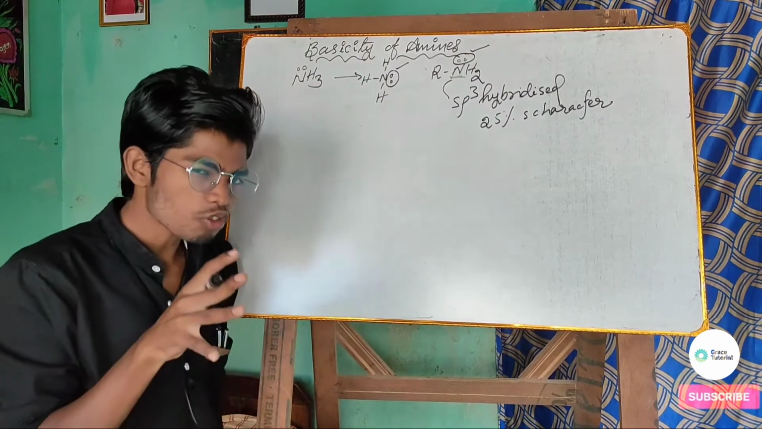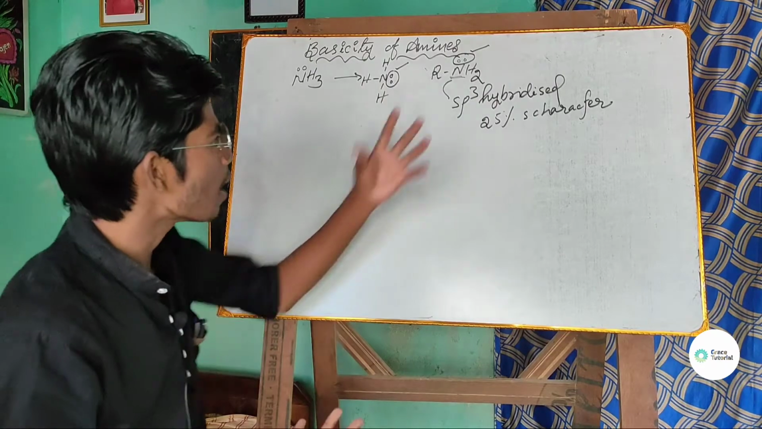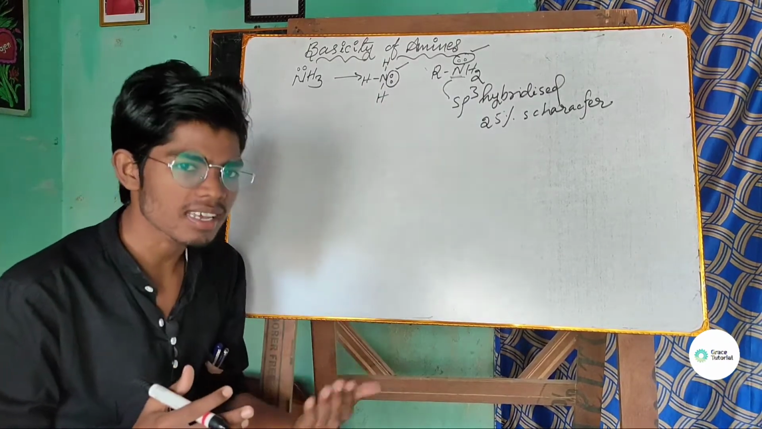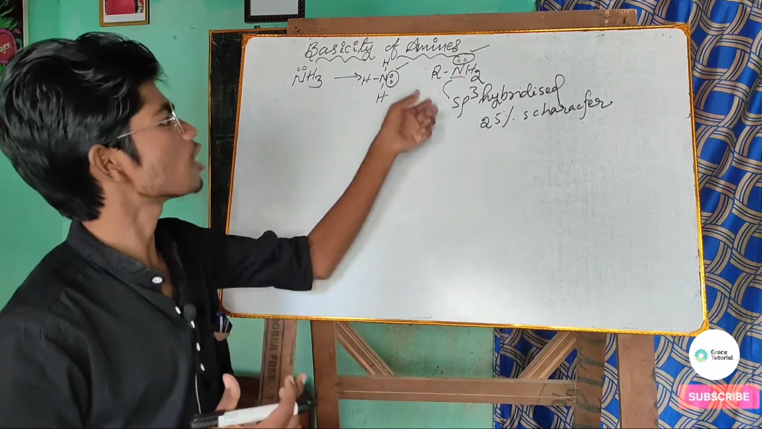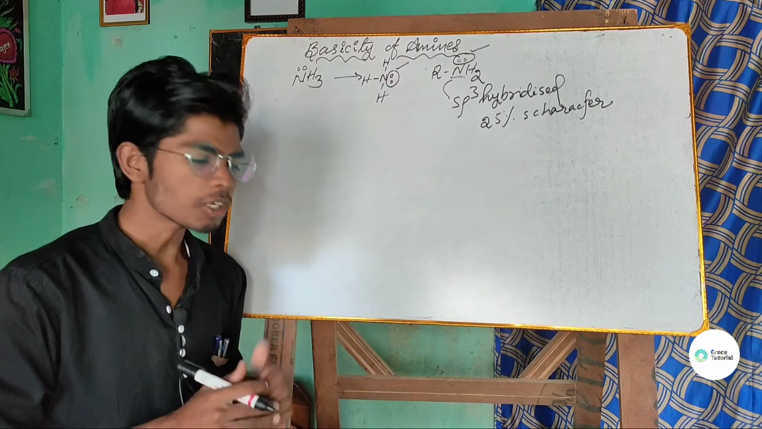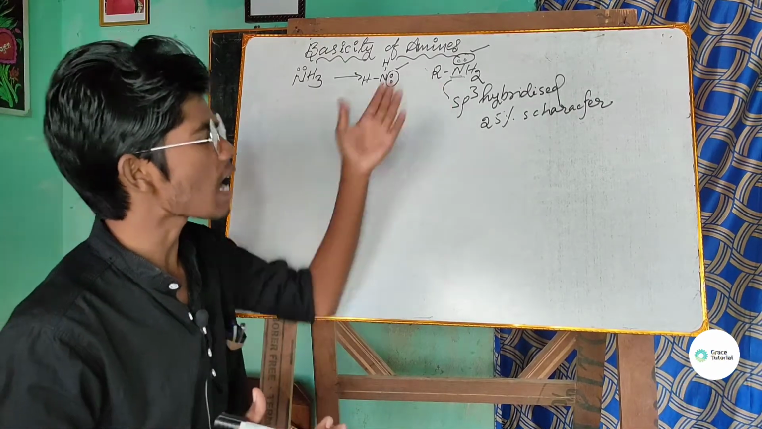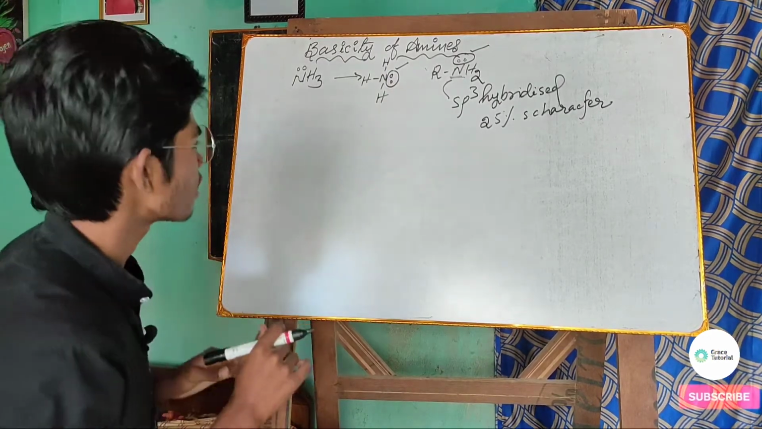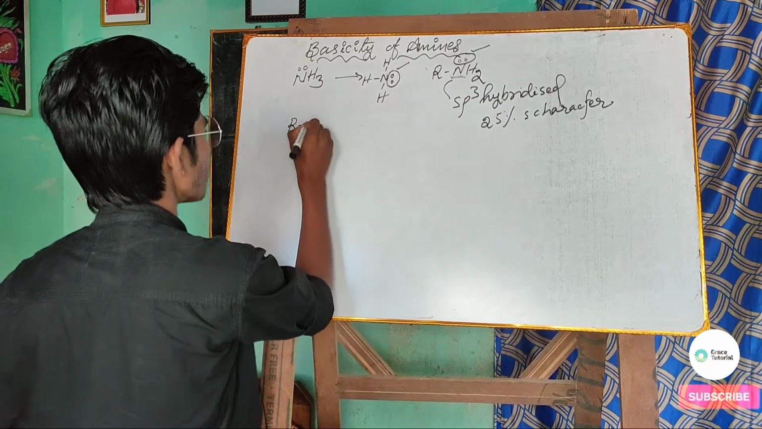But let us try to understand how we can explain the basic nature of the amine. I have said that just like ammonia is a base, similarly the amine is also a base due to the presence of the lone pair of electrons. But on which factors can the basic nature of this amine be explained? Let us try to understand in a very clear-cut manner. Suppose I have the amine RNH2,